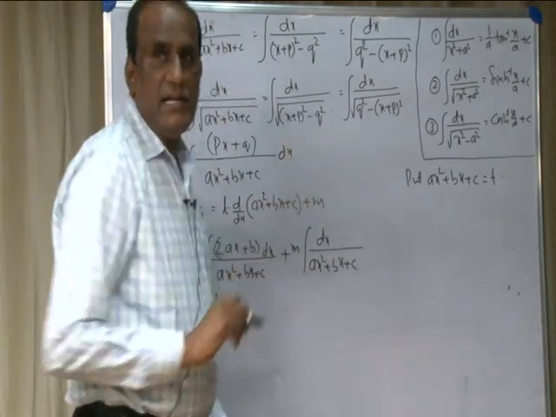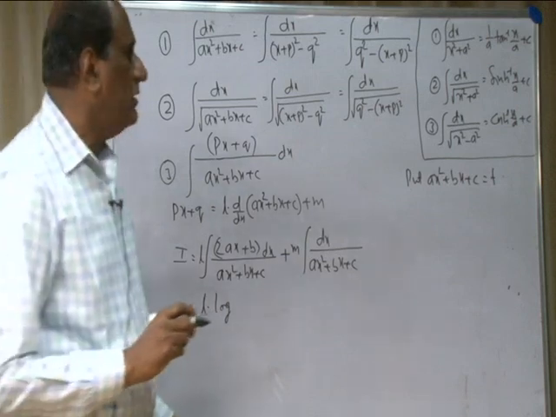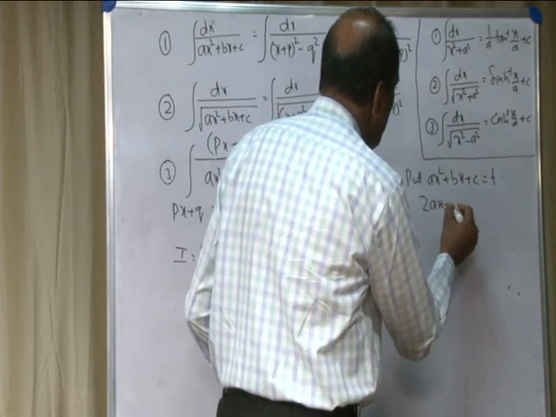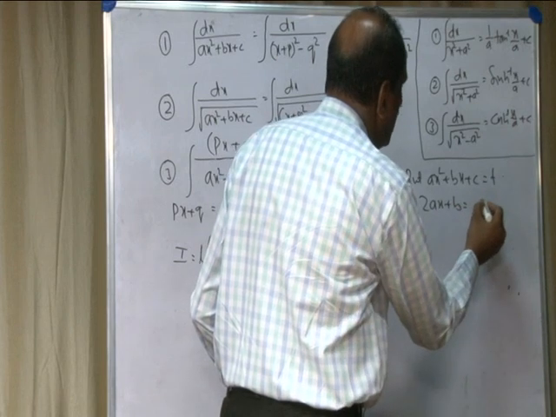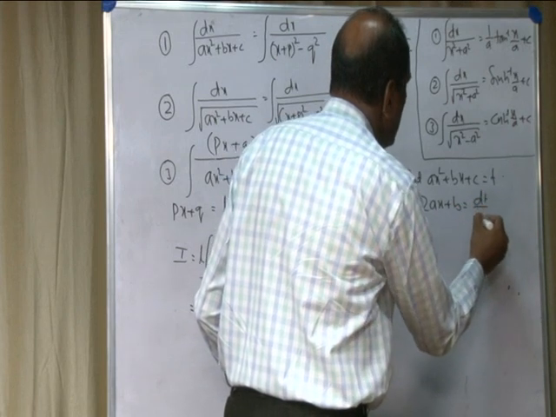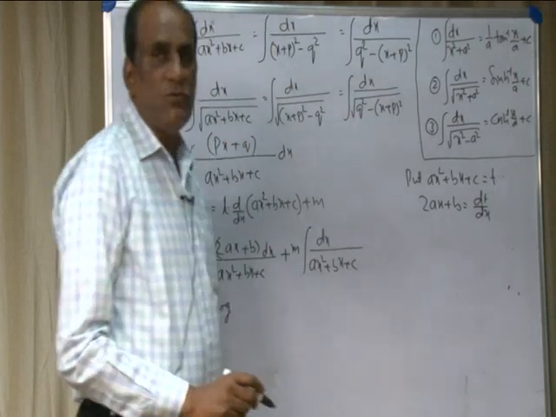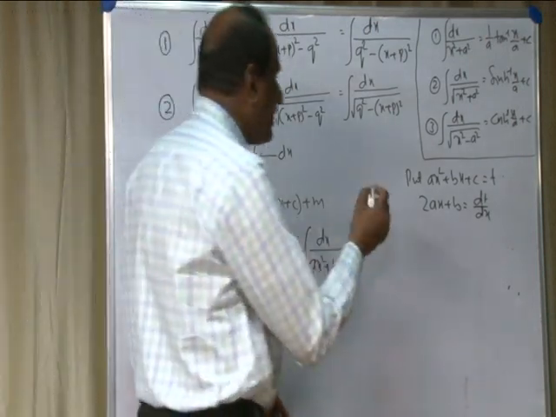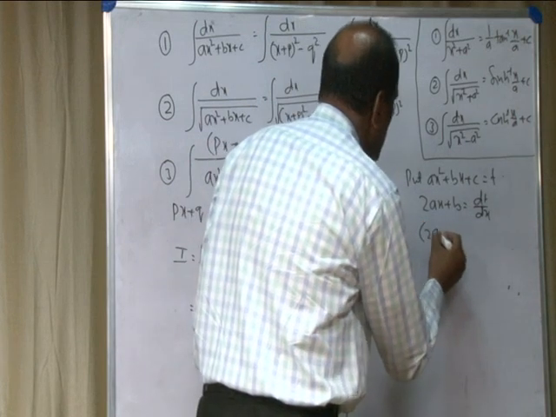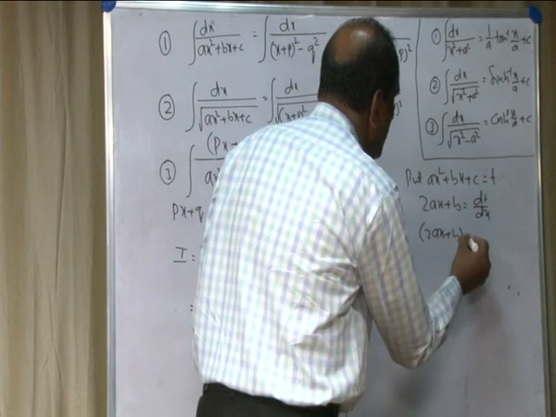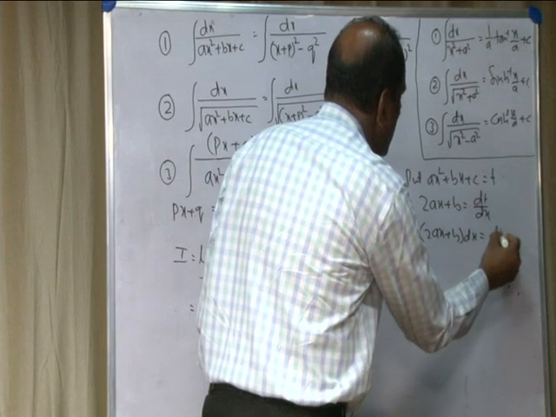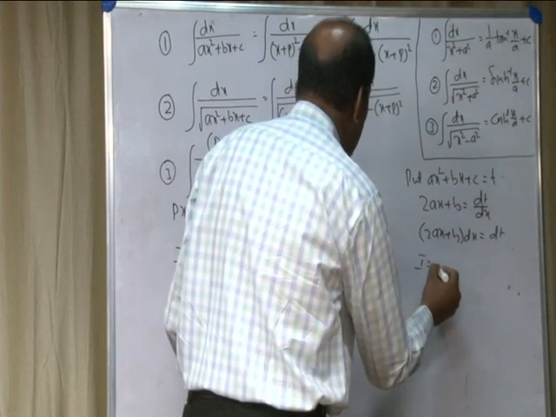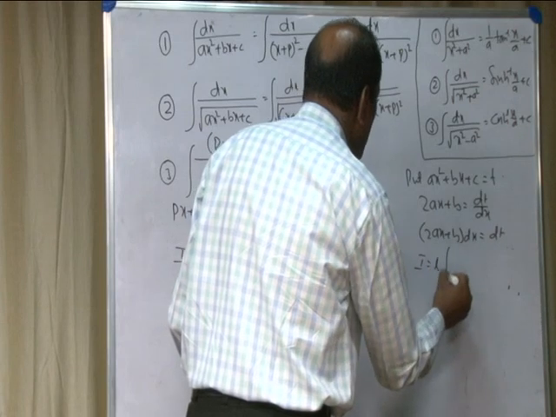Now differentiate both sides with respect to x, that is 2ax plus b is equal to dt by dx, or by cross multiplication 2ax plus b into dx is equal to dt. Now in this integral, L is a constant right outside, into